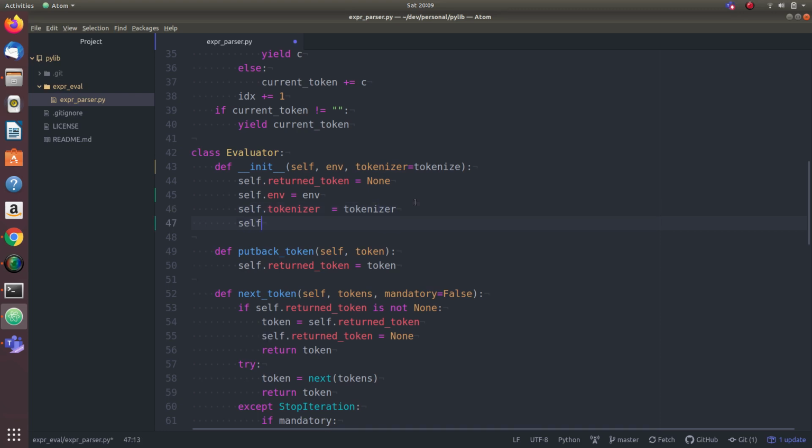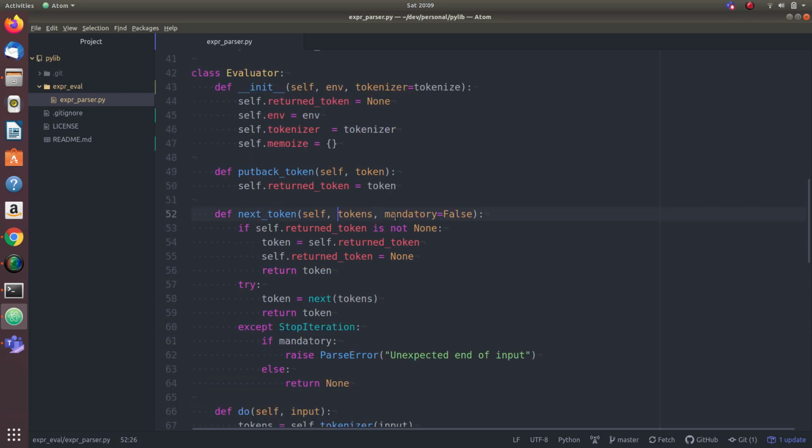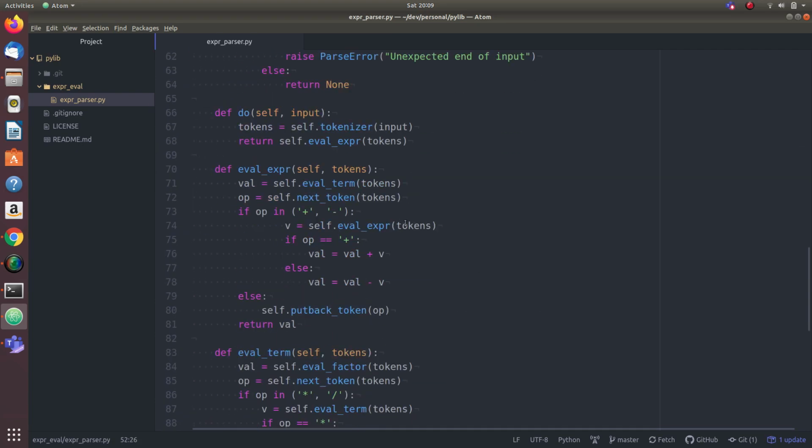So we can implement this using a dictionary. When eval expression is called, the input is a string, right?